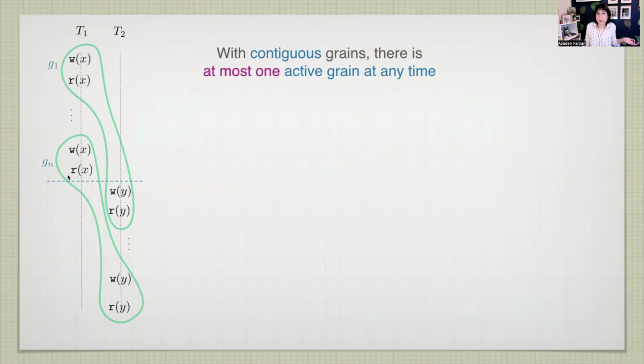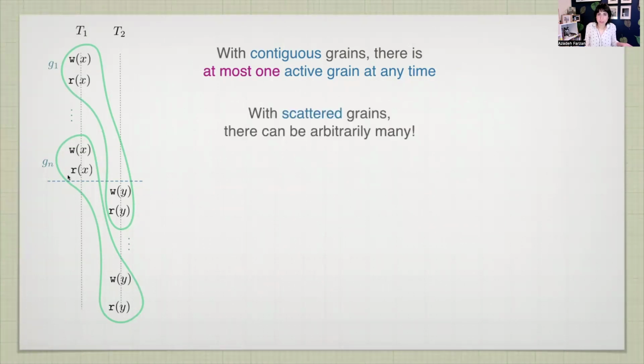And you can acknowledge immediately that I can make this any number that I want, proportional to the length of the run. And this won't do, because at the very least, I have to keep track of active grains, even if not all grains. And I need a bound here.